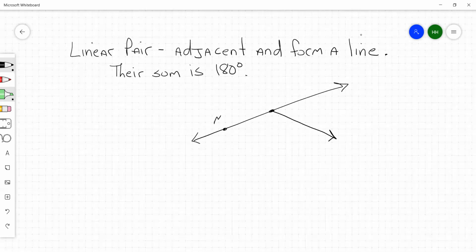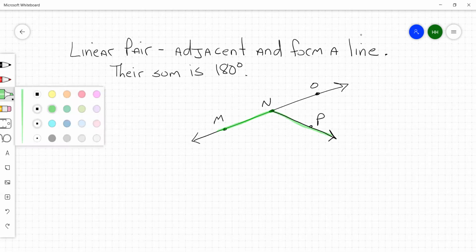Let's go with M, N, O, and P. And we're going to say angle MNP, green, and angle ONP